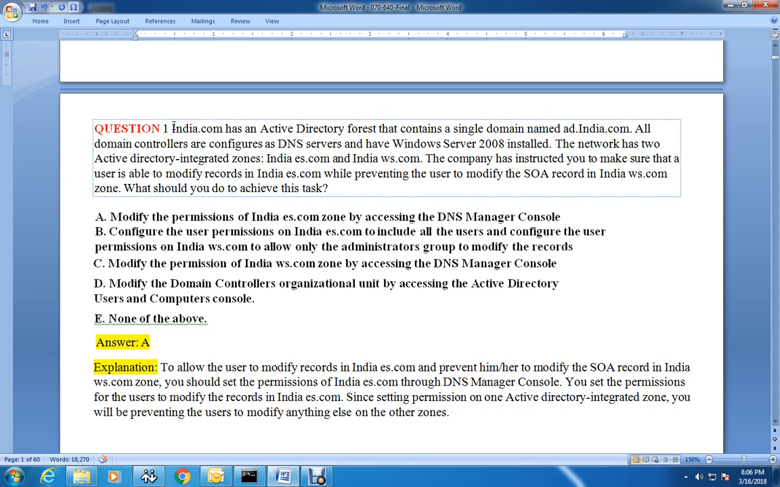So the first question is, guys, India.com has an Active Directory forest that contains a single domain named ad.india.com. All domain controllers are configured as DNS servers and have Windows Server 2008 installed. The network has two Active Directory integrated zones, indiaes.com and indiaws.com. Okay, now we have two integrated zones here. The company has instructed you to make sure that the user is able to modify records in indiaes.com while preventing the user from modifying the SOA record in